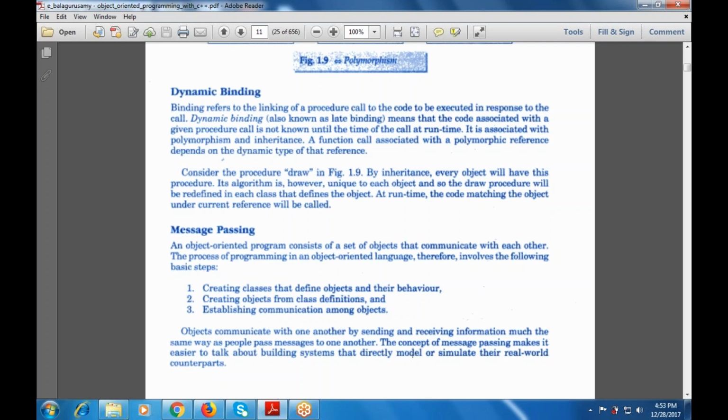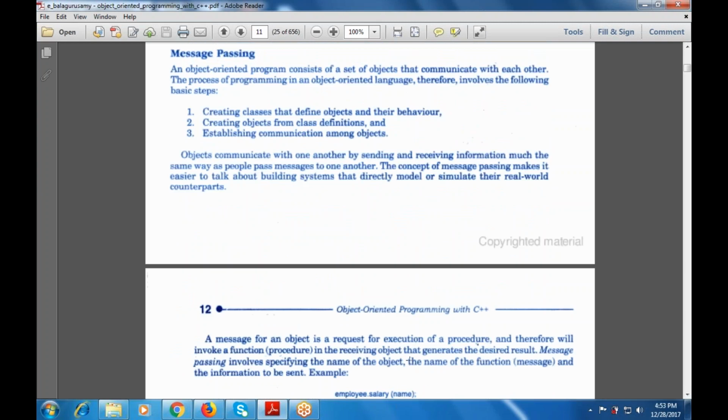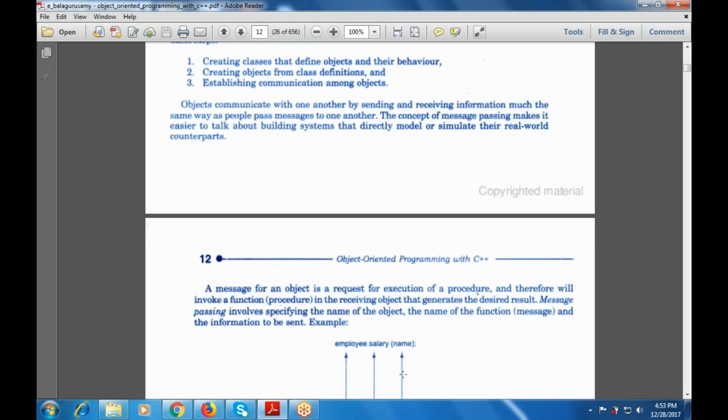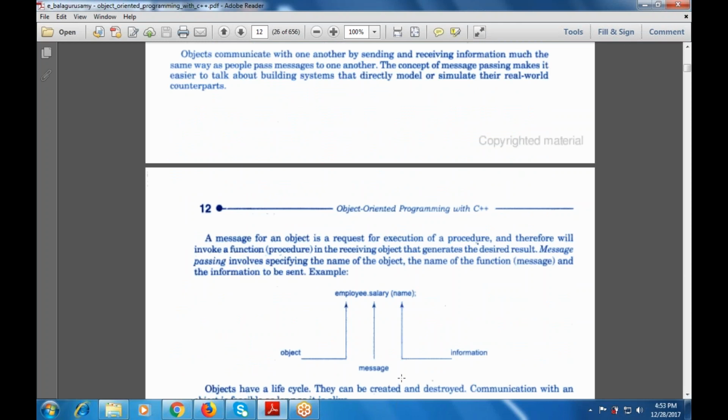the objects. So first is how to create the classes that define the objects and their behavior. Next is how to create the object from the class definitions. Next is establishing the communication among the objects. They are the medium used to send and receive information. A message for an object is a request for the execution of a procedure, and therefore will invoke a function in the receiving object